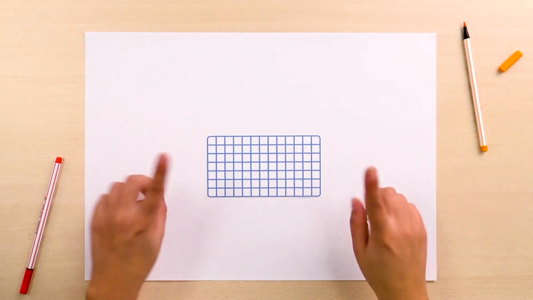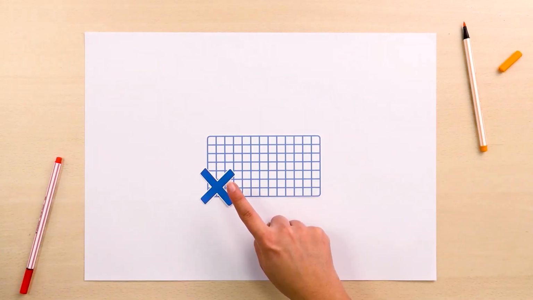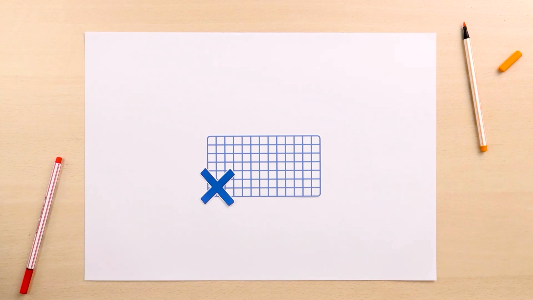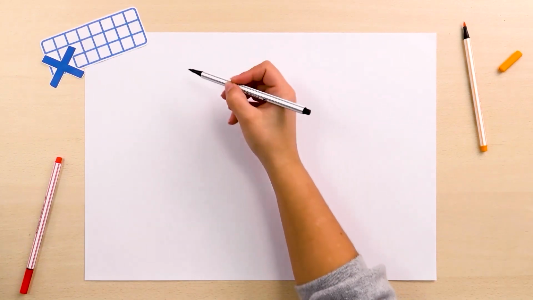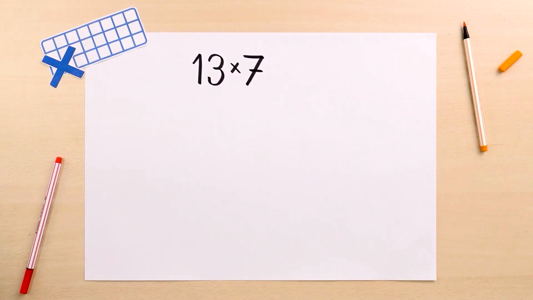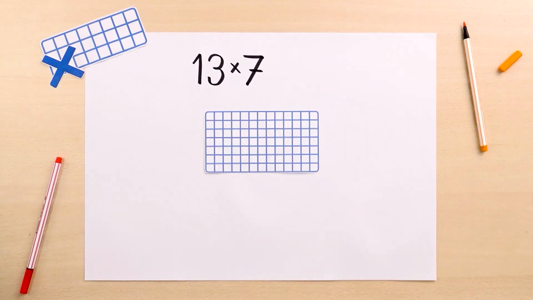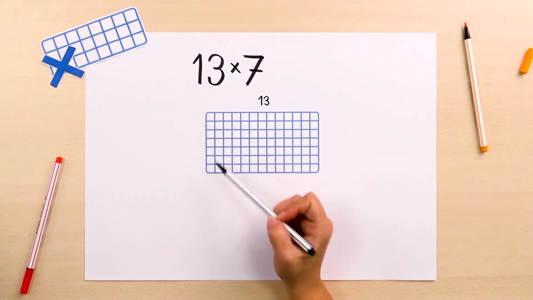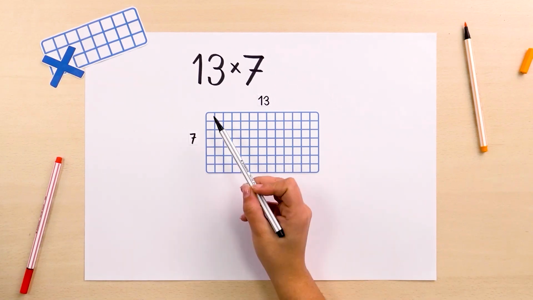One of the uses of the rectangular model is to provide meaning to multiplications beyond the times tables. Using some examples, let's see how we work on this. Let's suppose that we want to multiply 13 by 7. We can represent this multiplication using a rectangle formed by 13 columns and 7 rows and ask how many small